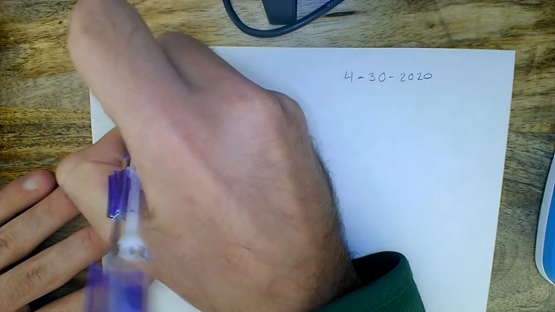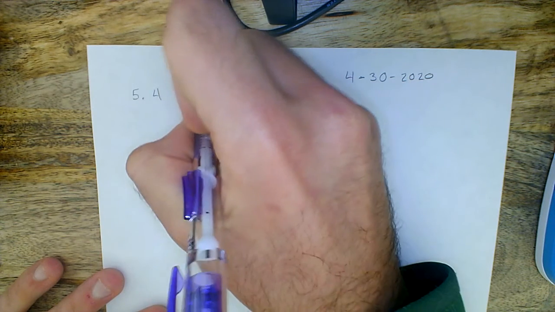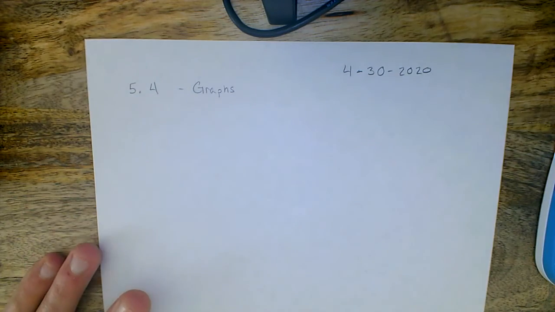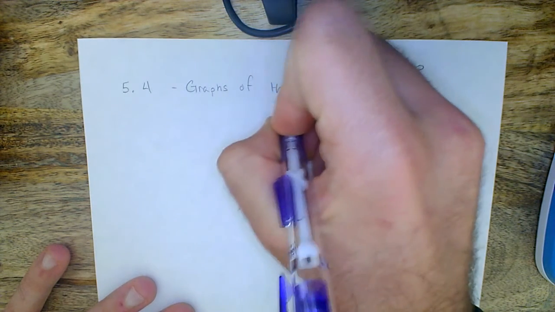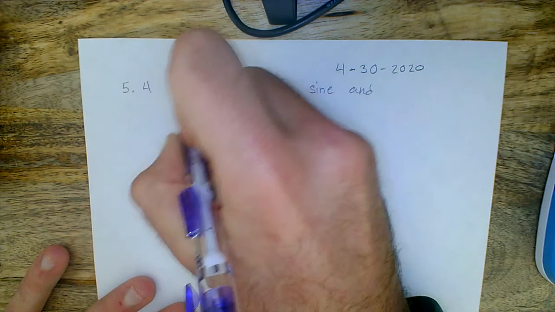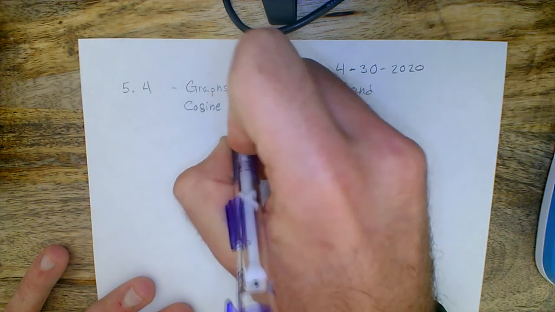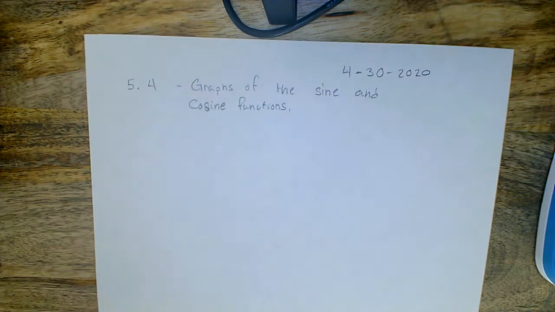And our last section that we will be covering is section 5.4, and it's called Graphs of the sine and cosine functions. Okay, so